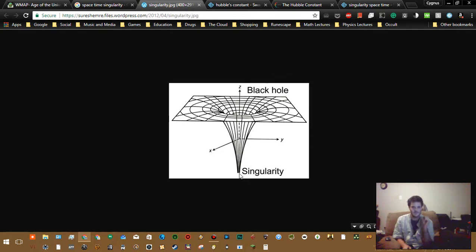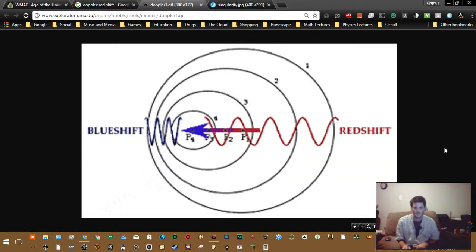Now, the fact of the matter is, there is a Doppler redshift in the universe, okay? And I'm going to pause for a second and figure out a picture I can use to do that. Okay, so this is a picture of the idea of waves redshifting. So Doppler redshift happens when things move away from us. So we're right here. We're in the center of this picture, and things that are getting closer to us will appear to be having a wavelength of light that's shorter, and things that are getting farther away from us, we're going to appear to be having a wavelength of light that's longer, also redder.